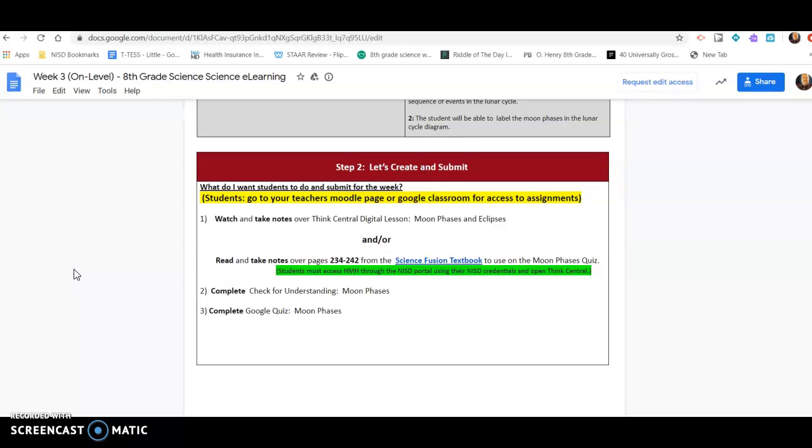I'm going to go over step 1 for week 3 of our remote learning. It's really important that you go through the steps in the series in order to get the maximum amount of learning to take place. So first things first, it says here on the student e-learning page,